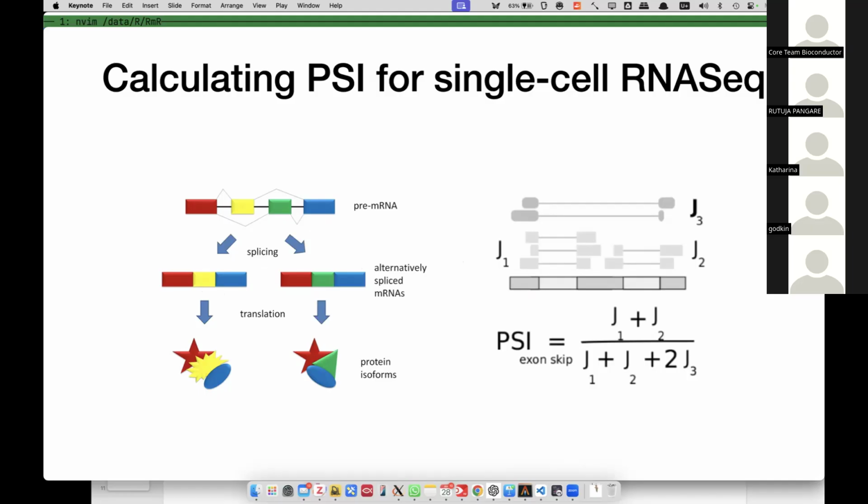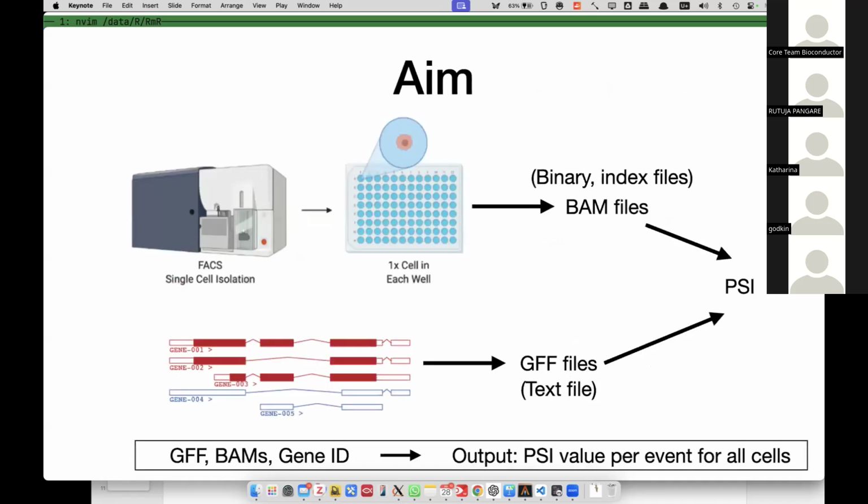In order to measure it, we can calculate the PSI index, the percentage spliced in, by dividing the spliced-in read number by the total read number. In order to calculate this value, we need access to the GFF file, which has the gene annotation, as well as a BAM file, which is binary.